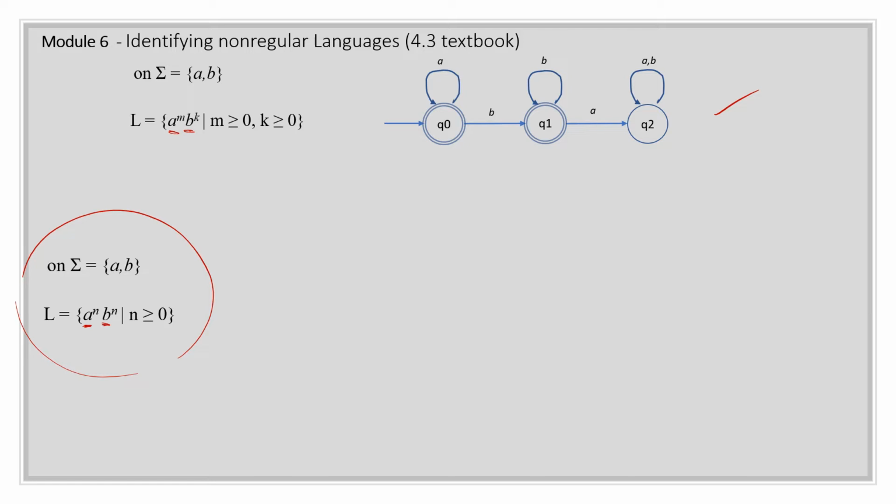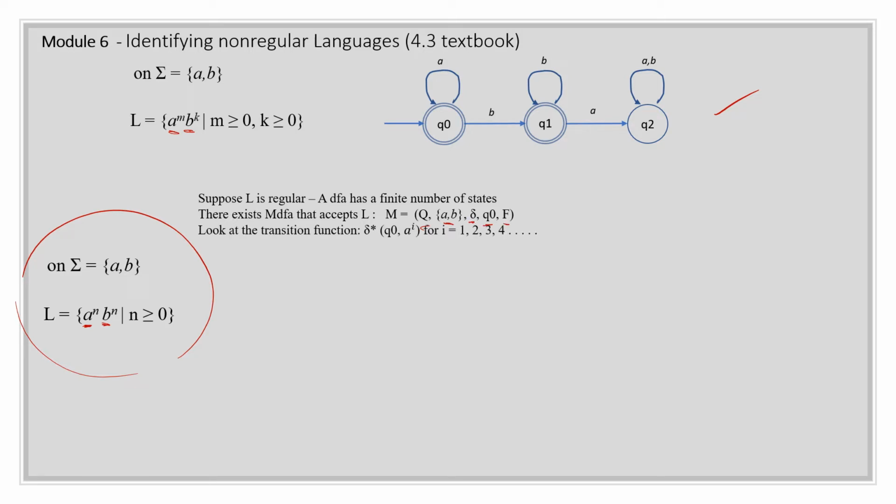But you do a proof by contradiction where you say, I assume that I do have a DFA, and my DFA has a finite number of states. So the 5-tuple of the DFA, these are my states. This is my alphabet, my transition function, my initial state, and my final state. So now I take a look at my transition function for A. So A to the i, so if you take a look here, what this is saying is that I'm going to go from Q0 with A